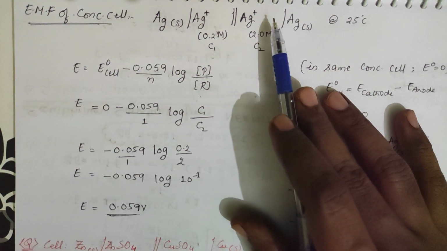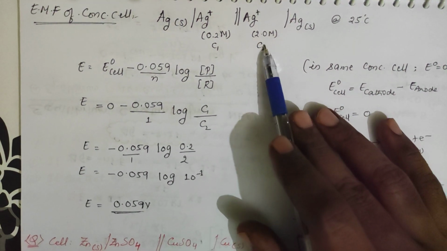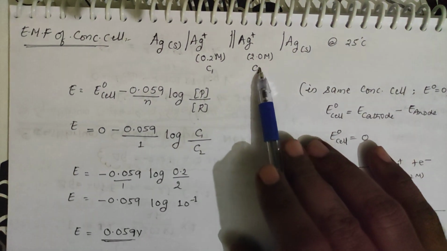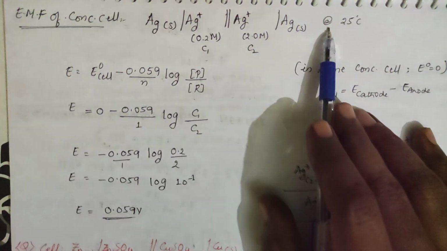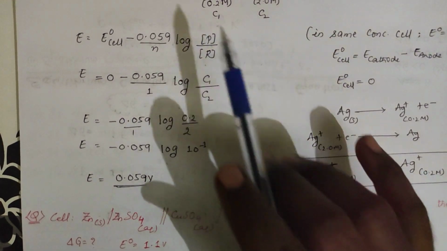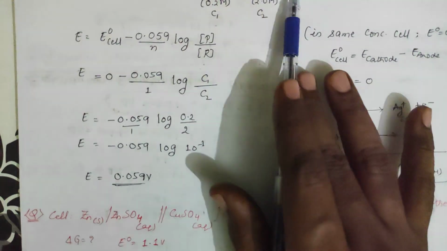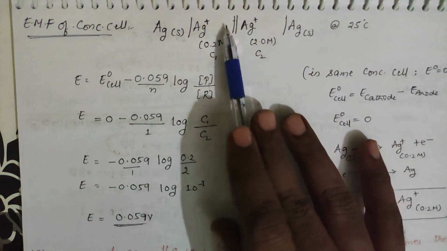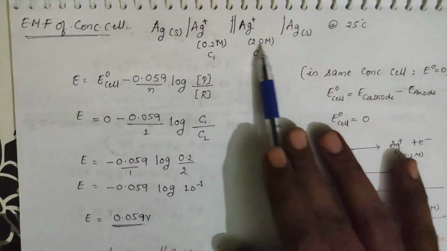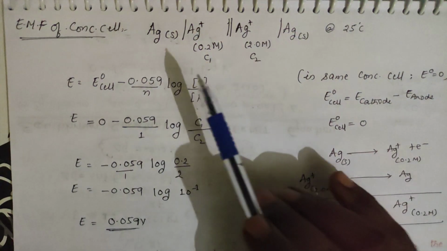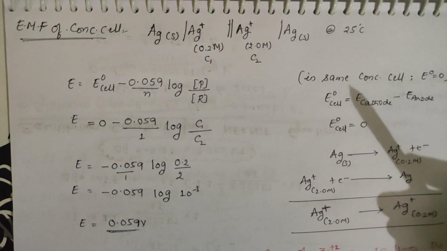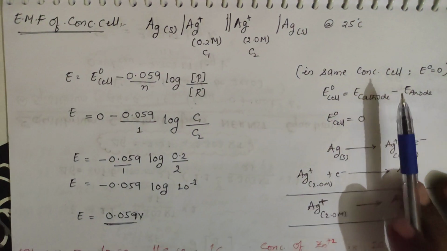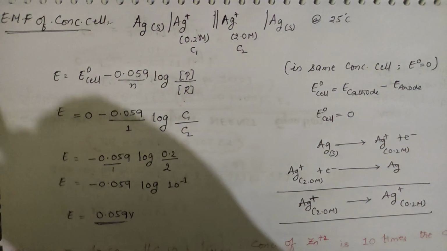Whereas if you see the silver with respect to the reduction, it is of 2 molar concentration. It is at 25 degrees centigrade. Now if he asks, so both are the same electrodes, right? These two are the same electrode. The oxidation electrode is silver, and this one is also silver only. At standard condition, what is this one? Standard condition means 25 degrees centigrade only. This will not change. So E naught for this one will be equal to 0.